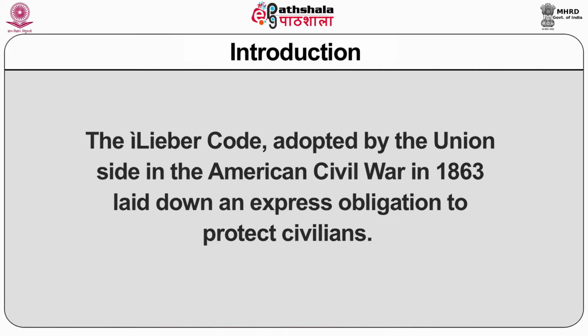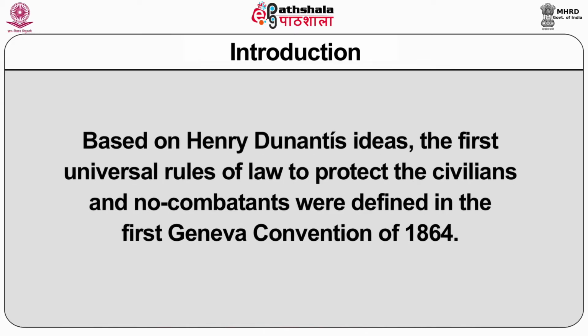to protect civilians. Based on Henry Dunant's idea, the first universal rules of law to protect civilians and non-combatants were defined in the First Geneva Convention of 1864. The convention has subsequently been revised several times, and the relevant documents in force today are collectively known as international humanitarian law, which includes the 4 Geneva Conventions of 1949, the 2 additional protocols of 1977, and the 1 additional